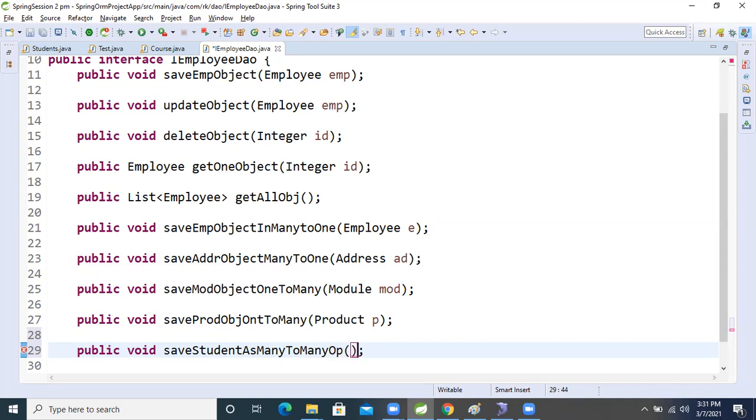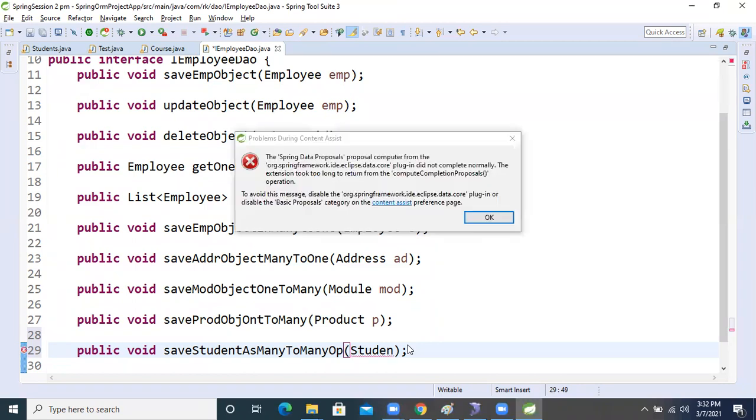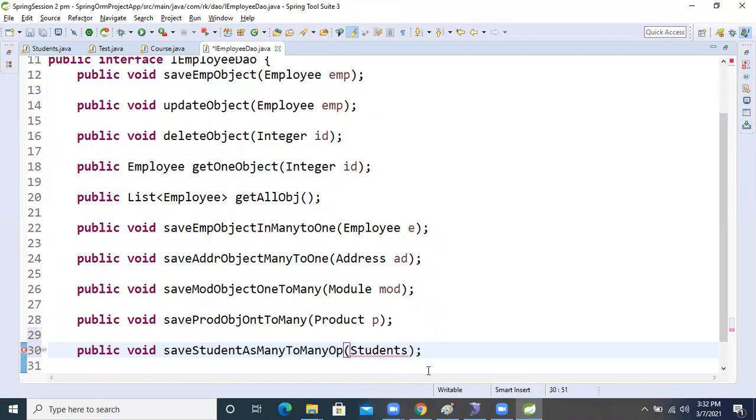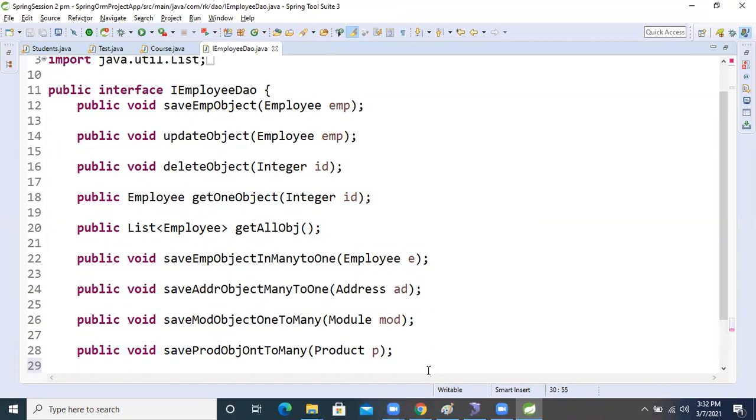Inside that, we will just take the argument of the student table, which means the student model class. My system got hanged. Hey, what happened? Okay, so now I'm taking the argument std. Okay, fine.